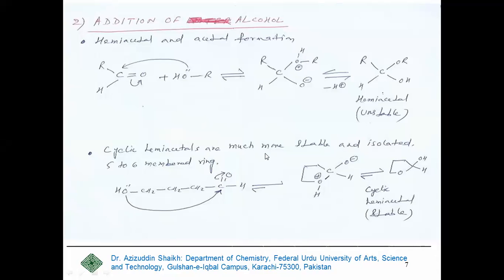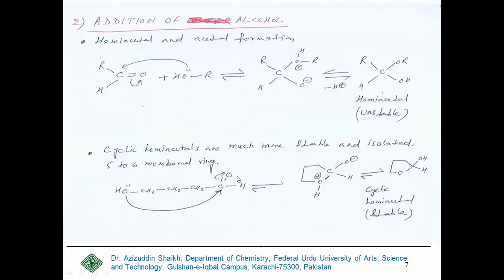Cyclic hemiacetals are much more stable and isolated. 5 to 6 membered ring cyclic hemiacetals are stable. So cyclic structures ज़्यादा stable होते हैं as compared to acyclic structures. For example, ये एक OH है in the intramolecular reaction, यानी इसी में OH लगा हुआ है, same